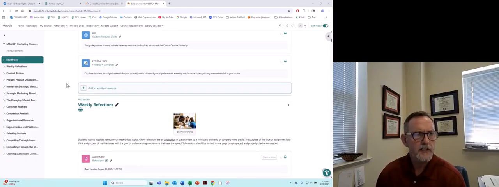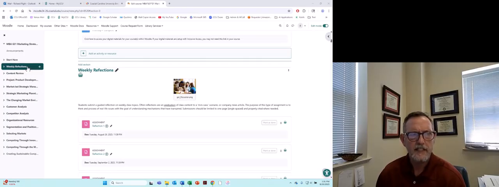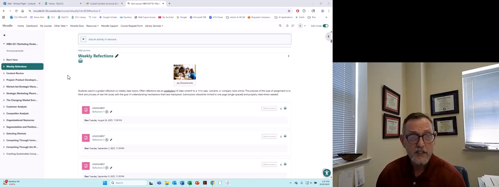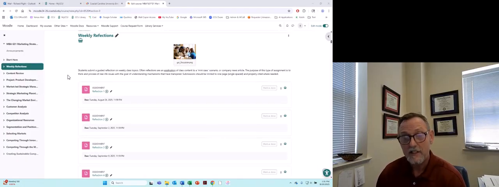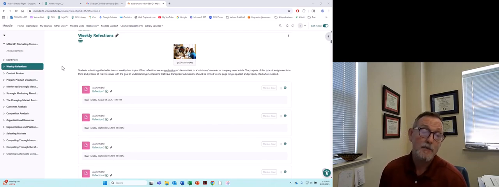But if you continue to look at other areas in the Moodle space, weekly reflections. These reflections are an application of what you're learning in class to something that's business or organizationally relevant. These tie in theory that we're talking about. They tie in concepts that are in each case leading or cutting edge.